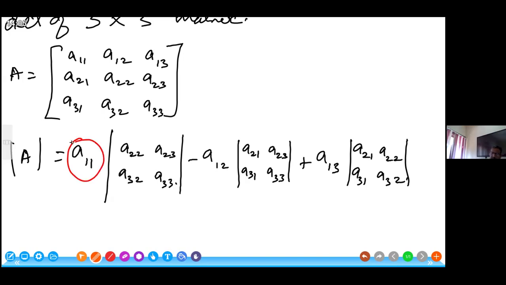So first, A11. If you take A11, the first row is the one it belongs to, and the first column is the one where A11 belongs. So when you consider A11, knocking off that row and the column, the remaining